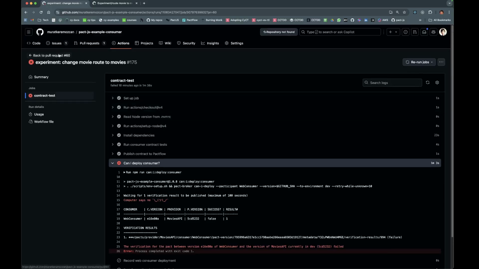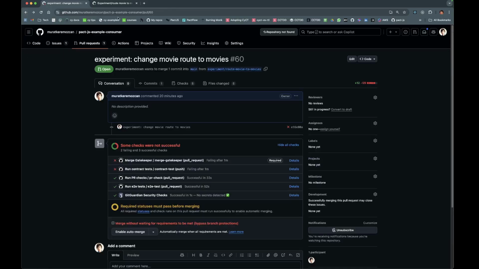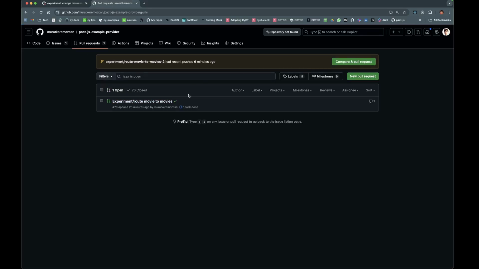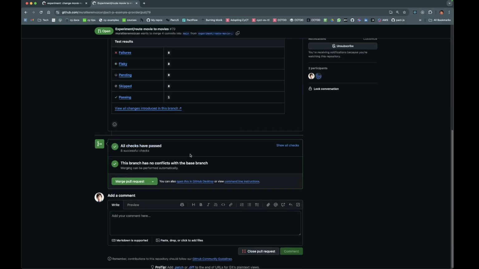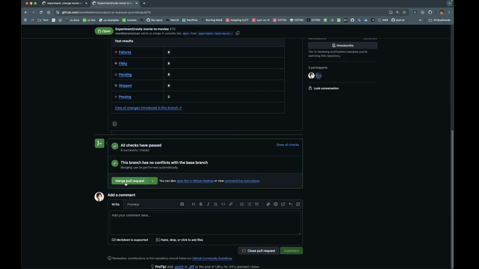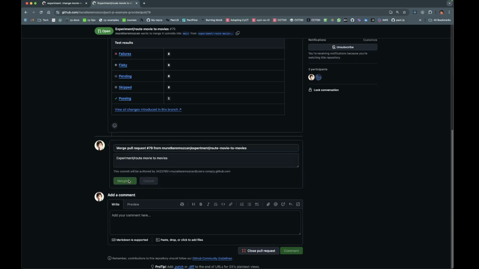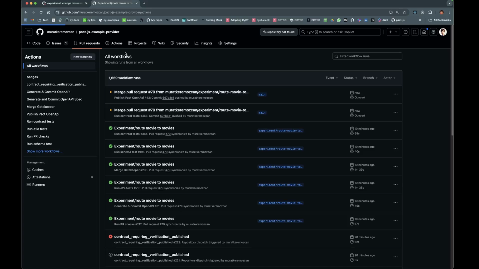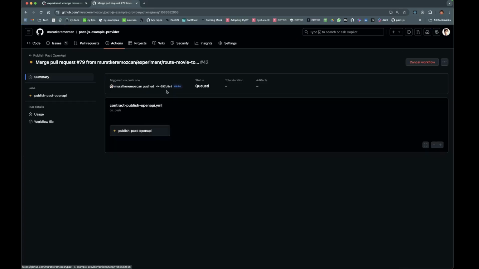You won't be able to do any merges at your consumers until the approved breaking change is merged to main, right? And this one's good to go, so right now we can merge this. I'm thinking if I should do the bi-directional too, but maybe we do this right after. So I'll merge provider breaking change. It will also run on main with that breaking change consideration, and it's going to publish and re-record things.